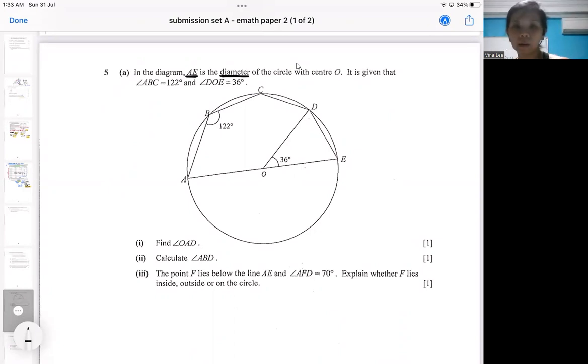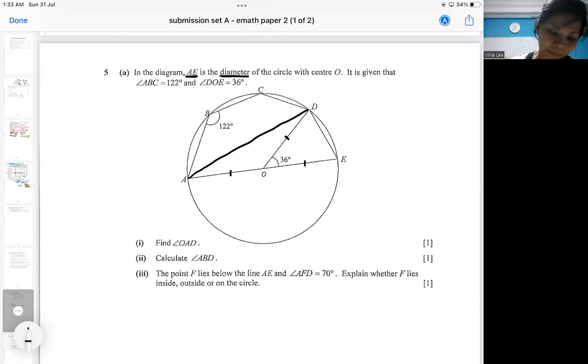Then I will also take note of the radius because I can do quite a bit of isosceles triangle. After that, we'll explore the question. If this one has 5 corners on the circumference, sometimes you need to take note: you might have more than one possible cyclic quadrilateral, the 4-sided figure in a circle. So if you want to explore the first part,